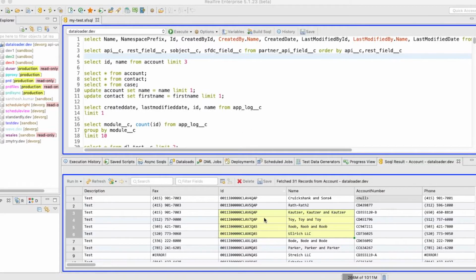Welcome to Realfire videos. In this video, we're going to go through how to export results from Realfire into Google Sheet files. To export from Realfire into Google Sheet files, we need to authorize one or more Google accounts with Realfire. To add a Google account to Realfire, you can click on the